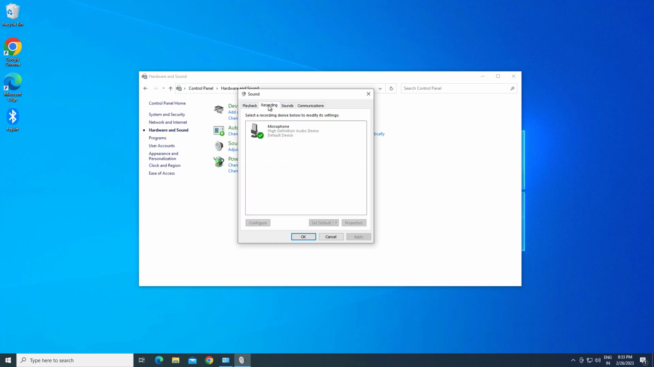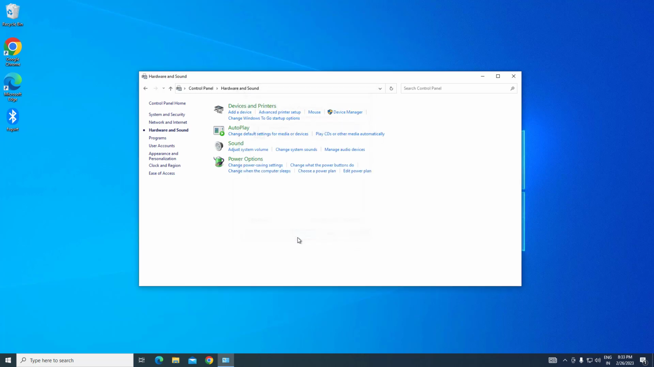Open Recording tab. Select your mic and set as default. Press Apply and then OK. If that didn't work,